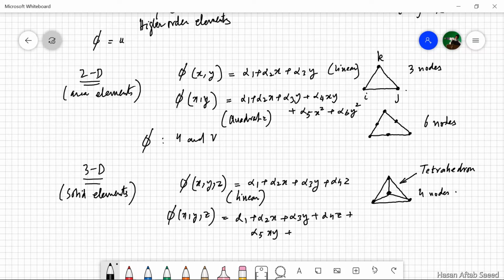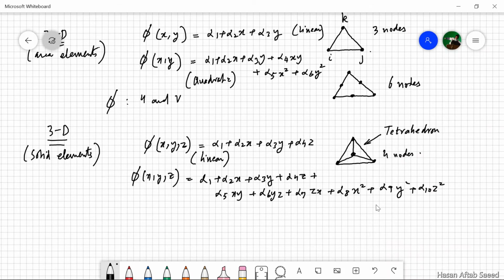This is the first quadratic term, plus alpha 6yz plus alpha 7zx plus alpha 8x square plus alpha 9y square plus alpha 10 z square. Now we have exhausted all the quadratic terms as well, and of course the linear terms are also there along with the constant term. So this is the quadratic variety of solid element. Now we need 10 nodes, and again